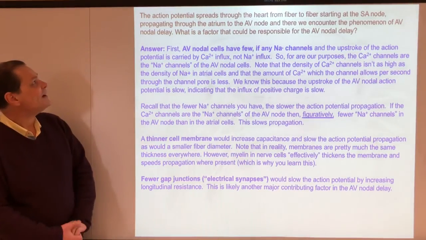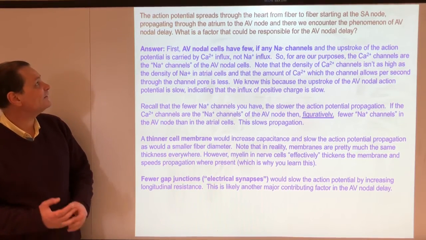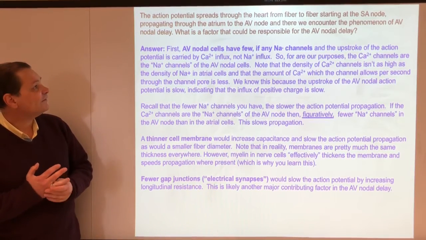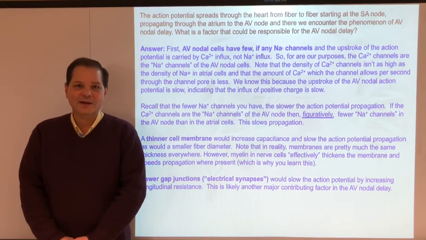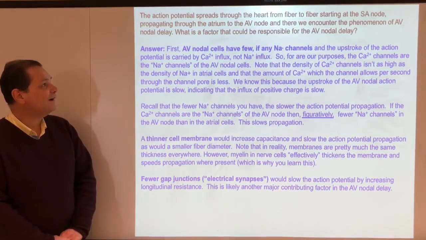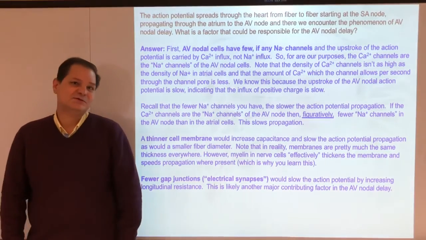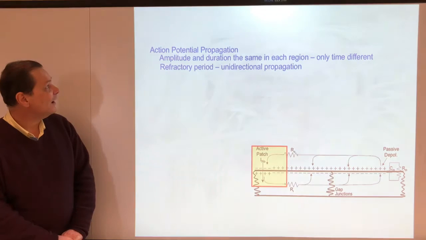Okay. Action potential spreads through the heart from fiber to fiber, starting at the SA node. It's slower in the AV node. What factors could be responsible for this delay? I know we're not talking cardiac anymore in this block. This is my way of asking you what factors could slow action potential propagation. So the answer to that is